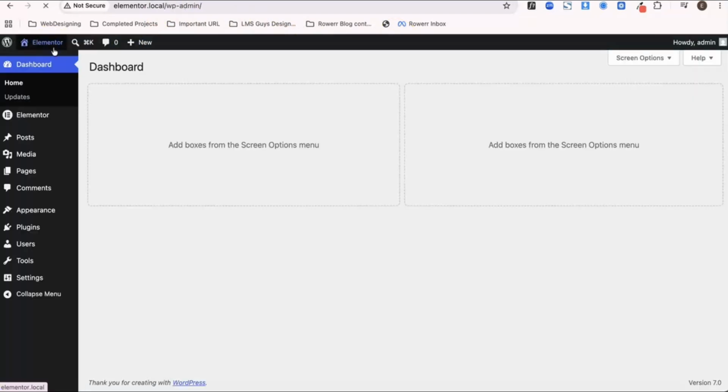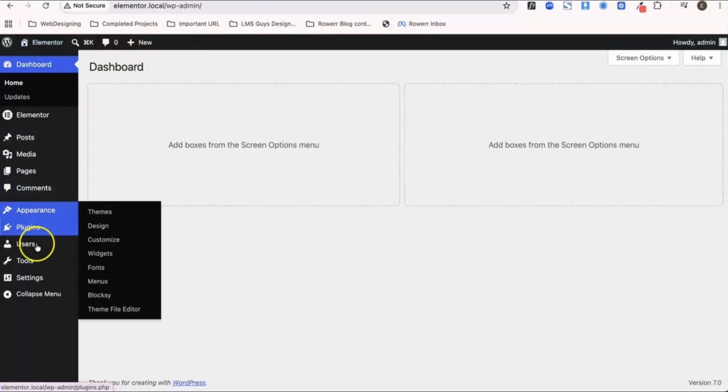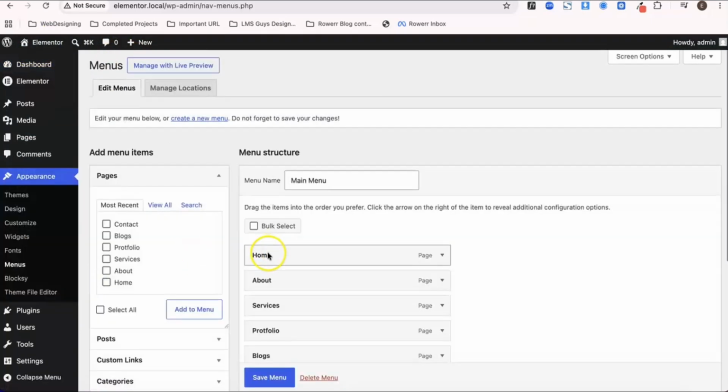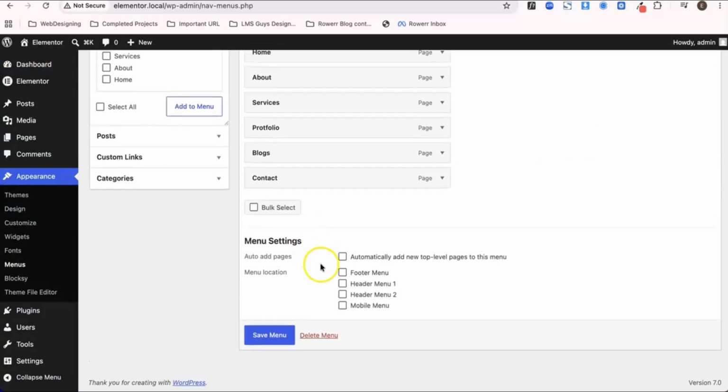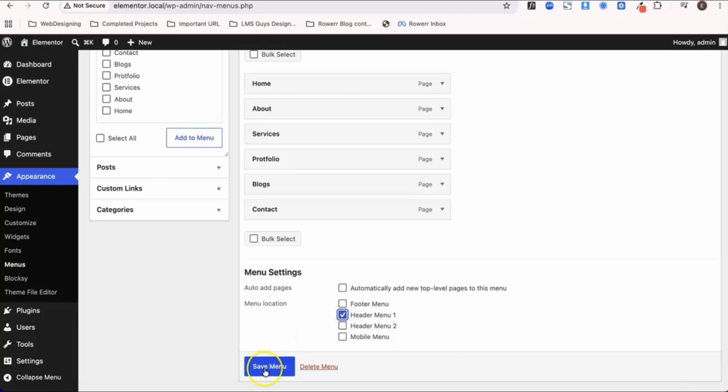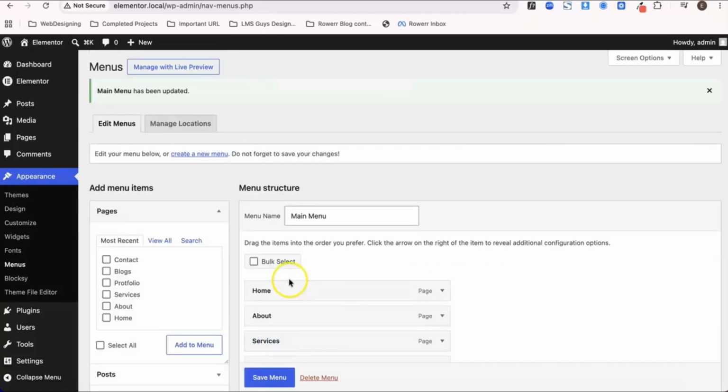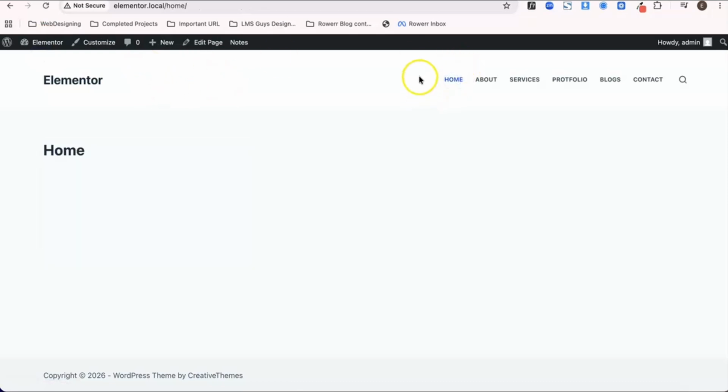I'll go back in the dashboard, and here we will go to the appearance menu. We created the main menu, but we did not set it up as the primary menu or header menu. So let's set it up, let's save it, and let's go on the front end view, home. Here you can see the main menu order is fixed because the main menu is now set up as the primary menu, but still